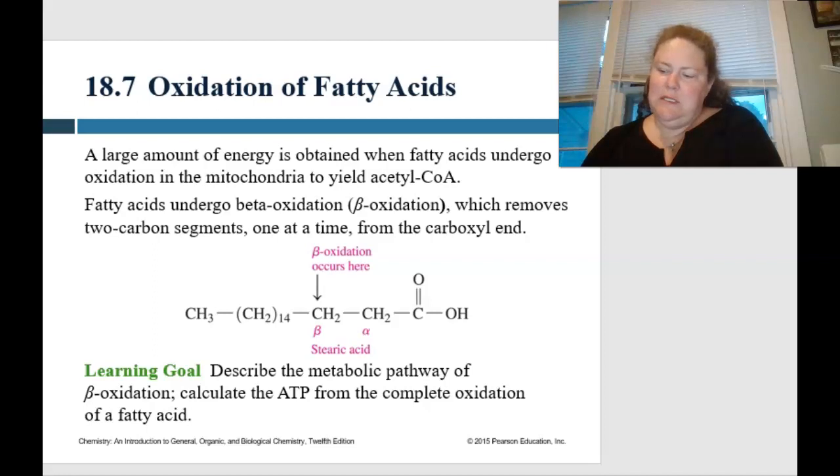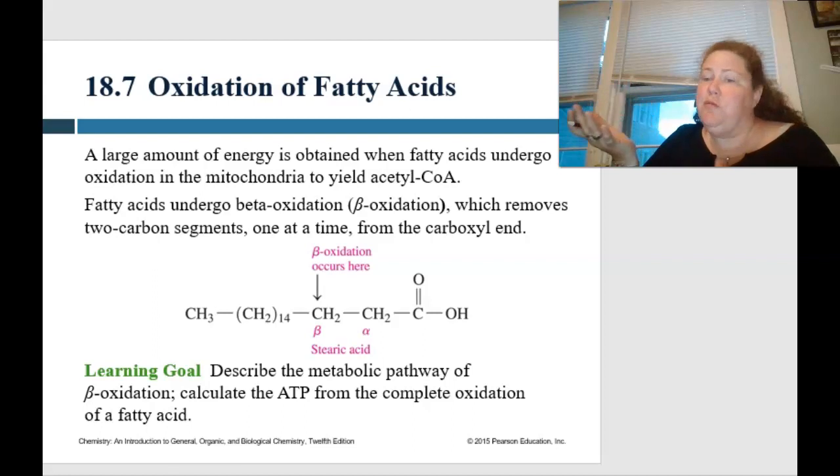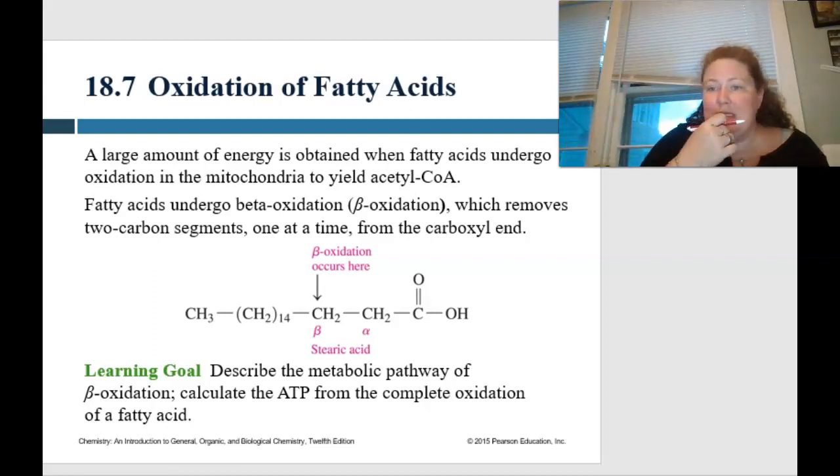Okay, so we talked about sugars. So now let's talk about another group of food, fats, and how we break those down to get to energy. A large amount of energy is obtained when fatty acids undergo oxidation in the mitochondria to make acetyl-CoA. And these fatty acids undergo beta oxidation, and this removes 2 carbon segments, one at a time, from the